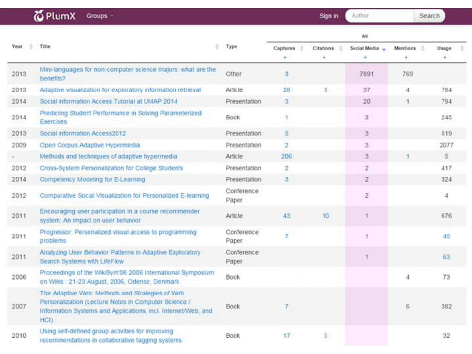Okay, now we've sorted again by social impact. So at the top, you see an article published in 2013 that hasn't been cited yet, but it has evoked huge interest in social media. So it's almost 8,000 events in the social media that are being tracked by PlumX. This is something we want to find out more about, but would we even have known about it if it were not for these alternative metrics?